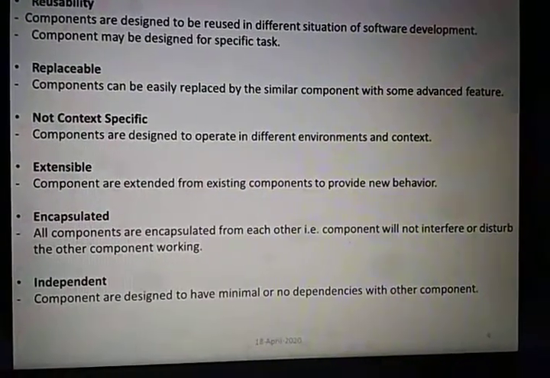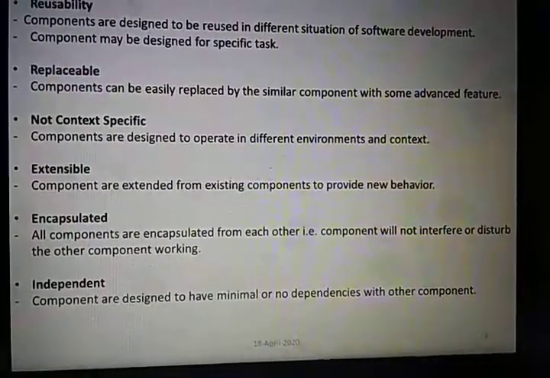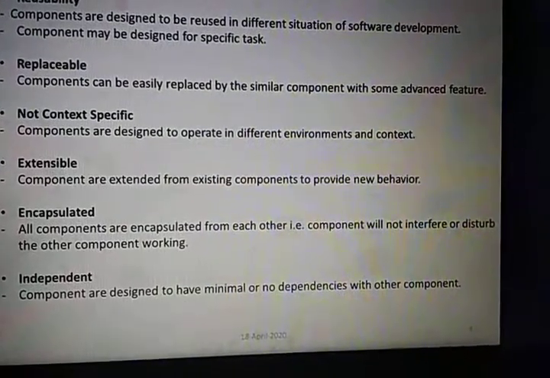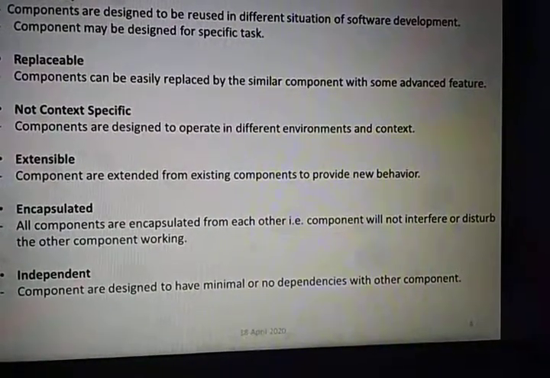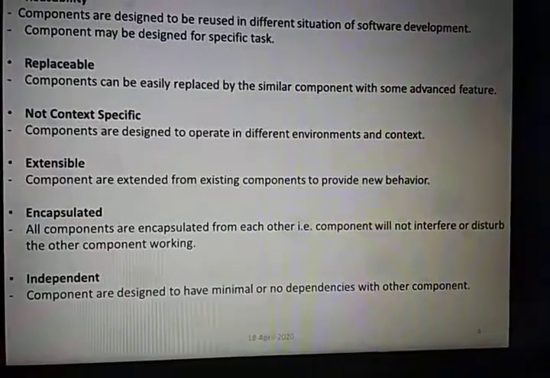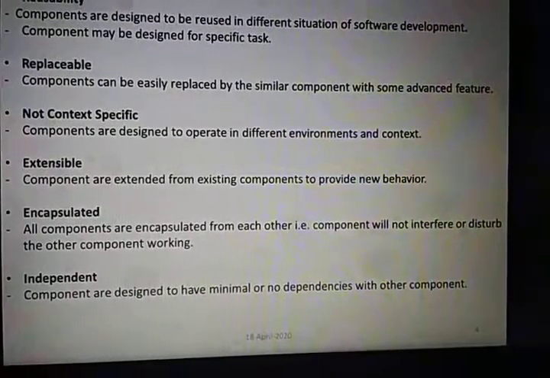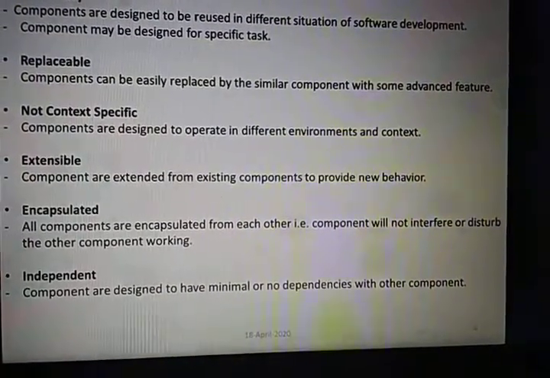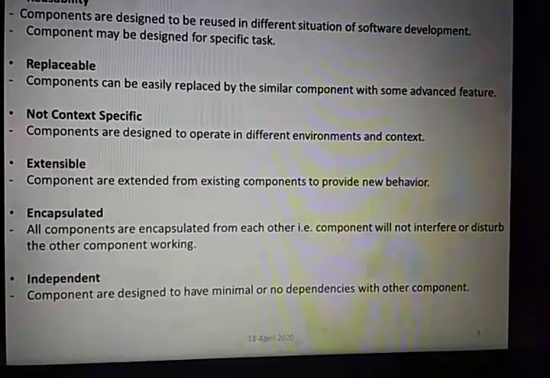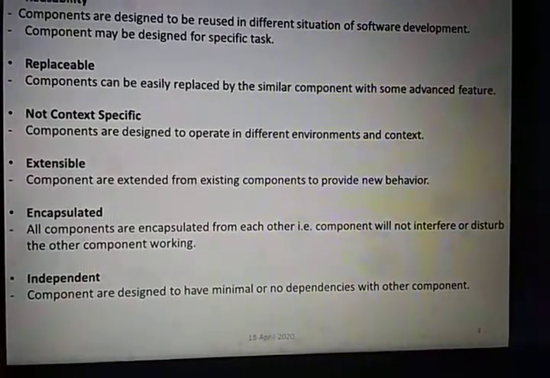If you want to change any component, you can change it easily and fit some other component in its place, or add a more advanced component with the same feature. That addition or subtraction of a component will not hamper the working of the other components.